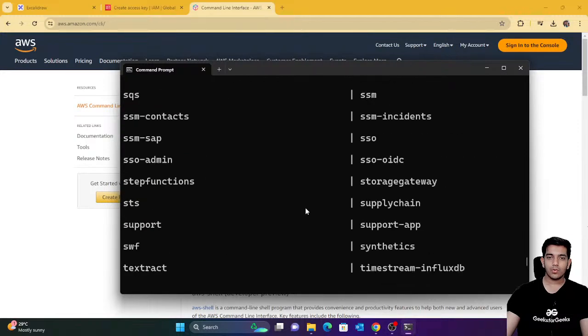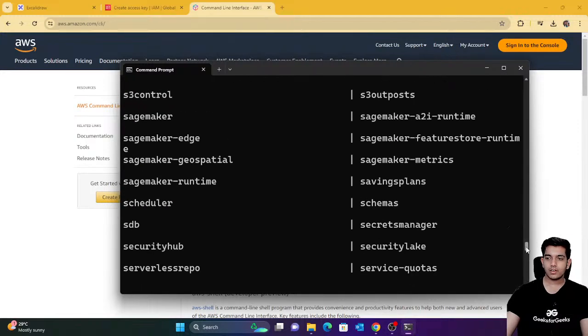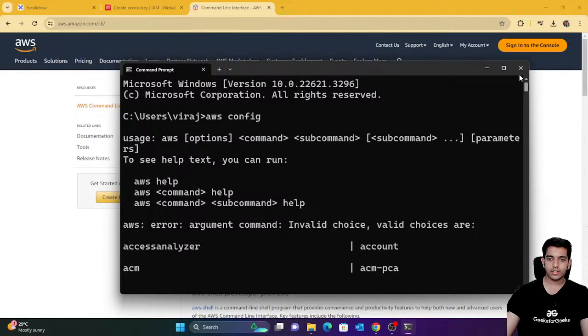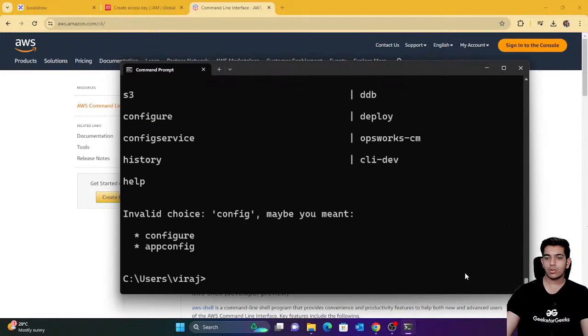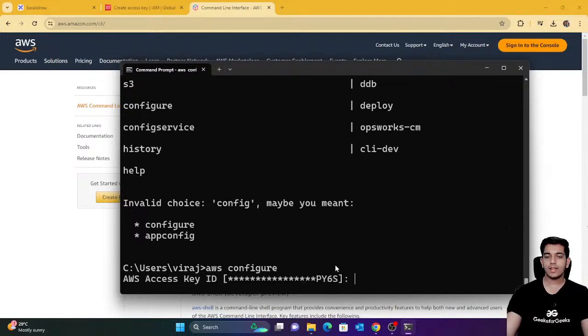So you can see that there are some things written here. Just a second. Yeah, basically it's AWS configure. It's not AWS config. Sorry for that. So AWS configure. Since this command is working, you can